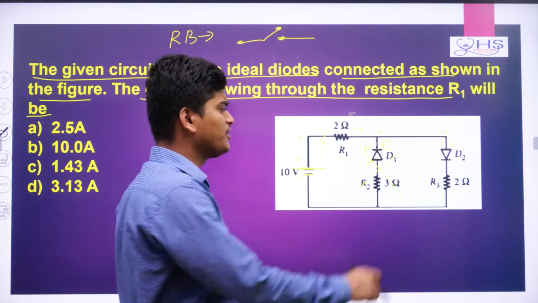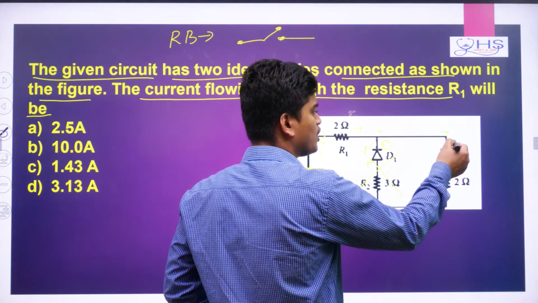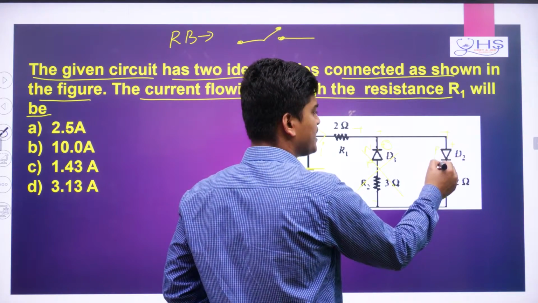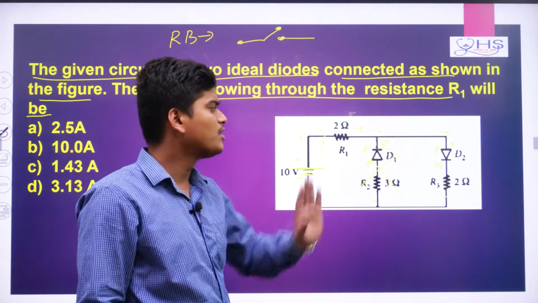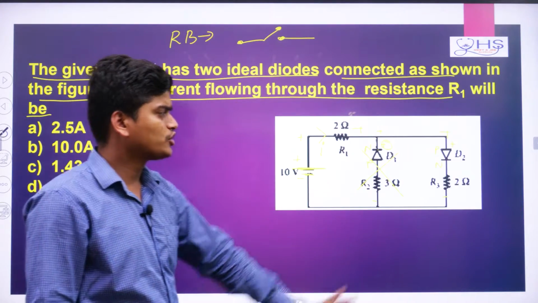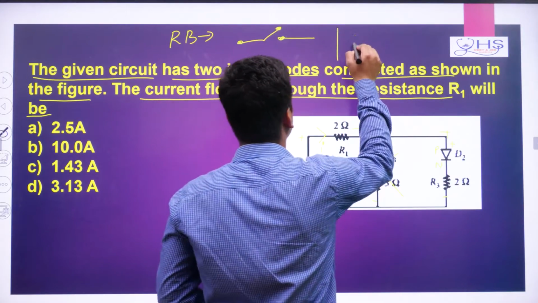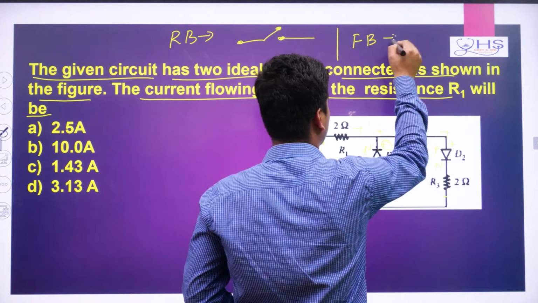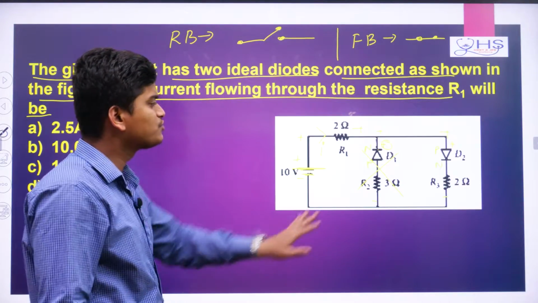Next thing is this one. If we see here, negative will come up to this. Now positive, negative: this is P side, N side. P is connected to positive, N connected to negative, that means P is at higher potential and N is at lower potential. So definitely this diode will work. If a diode is forward bias, then it will act like a short circuit. So this one I can remove.